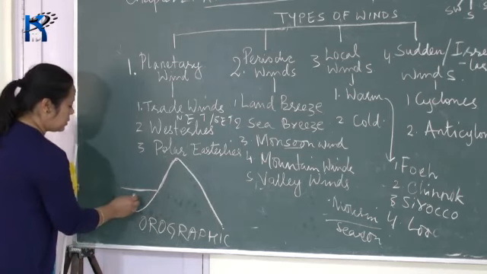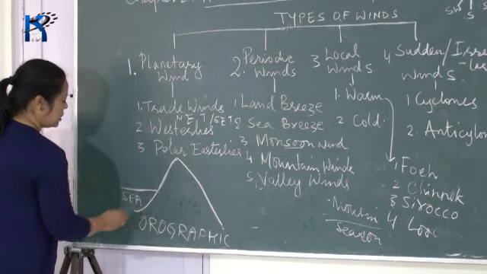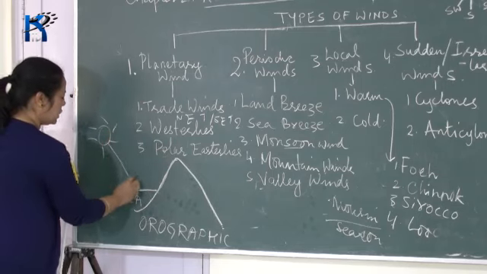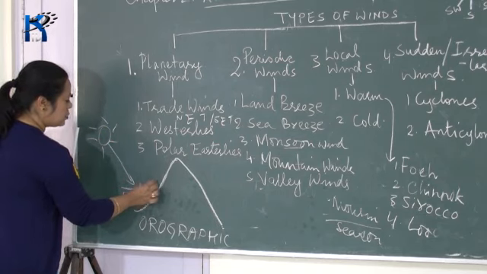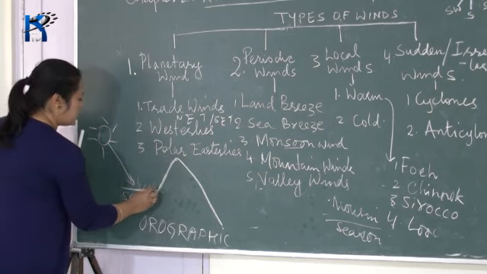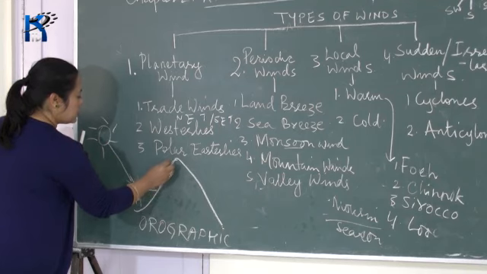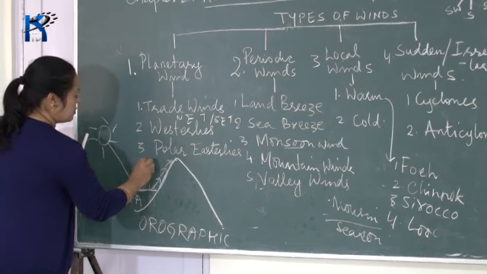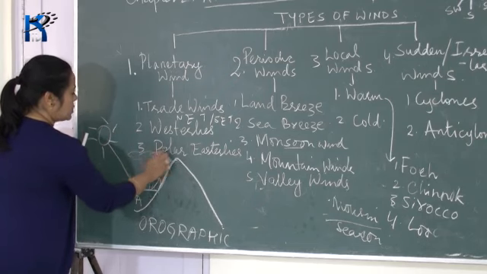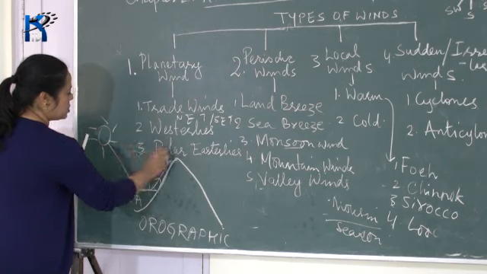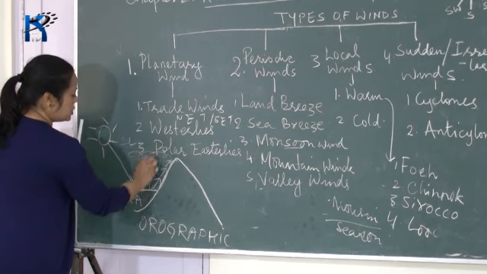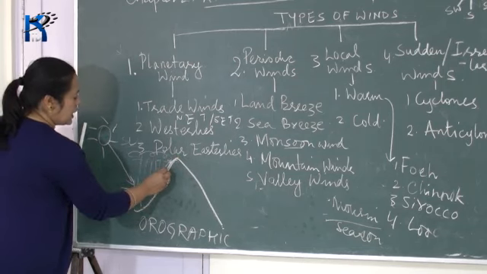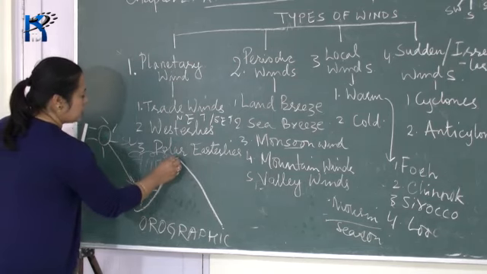What happens is that the wind from the sea warms up, and it moves along the slope of the mountain, and after reaching the condensation level, clouds are formed. After crossing the saturation level, torrential rainfall occurs on this side, the windward side of the mountain. But as it crosses, it becomes